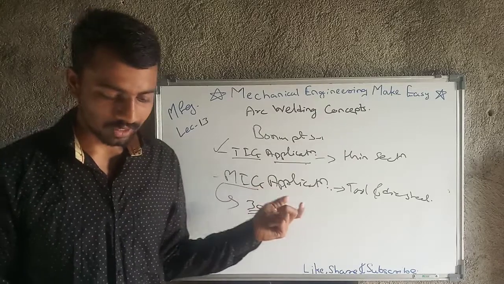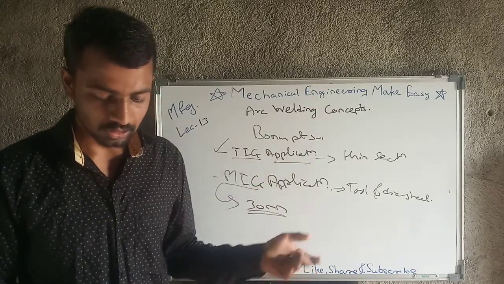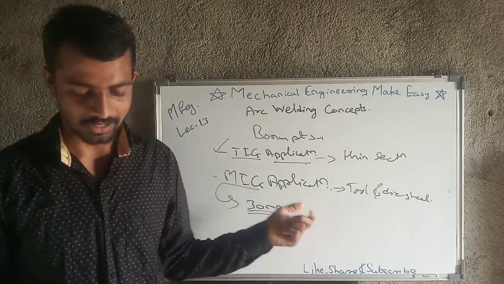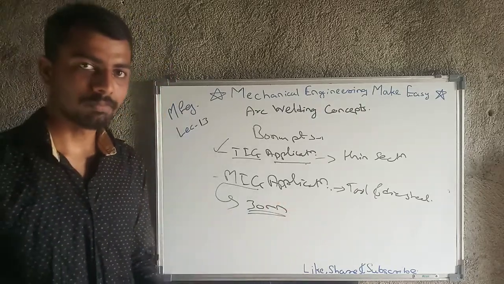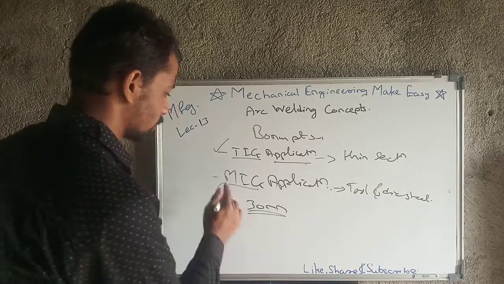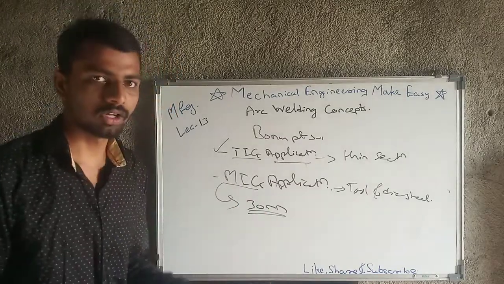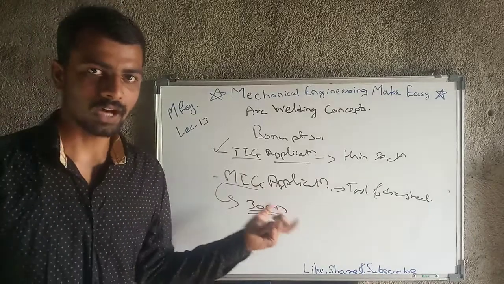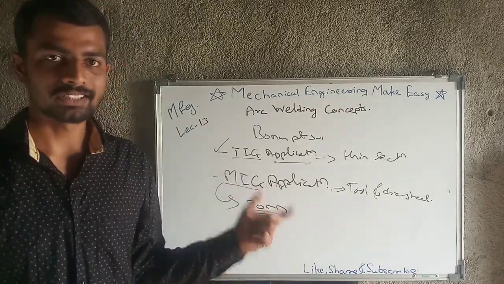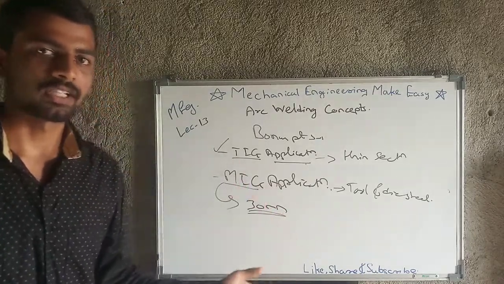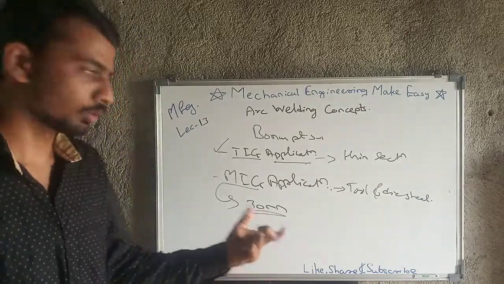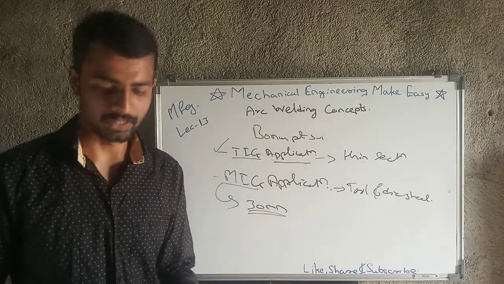Then welding of carbon, silicon, low alloy steel, stainless steel, aluminum, magnesium, copper, nickel and their alloys, which means MIG has a very vast range of applications. Nearly all materials we can use MIG. Only one limitation of arc welding that I have told you, that only conducting materials can be used, and metals are conducting, so there we can use metal inert gas welding.